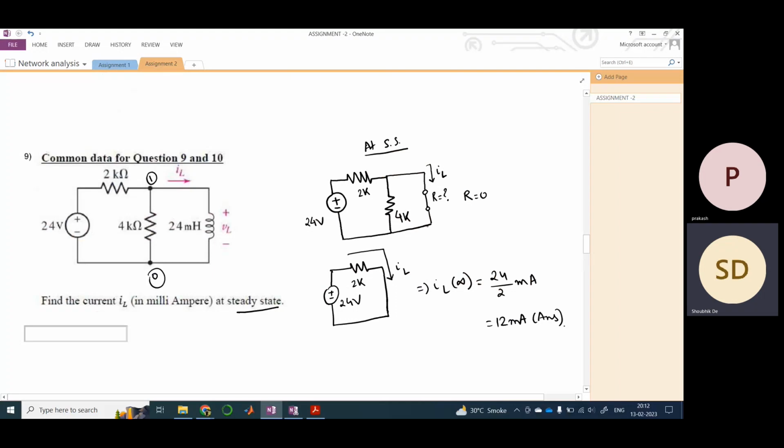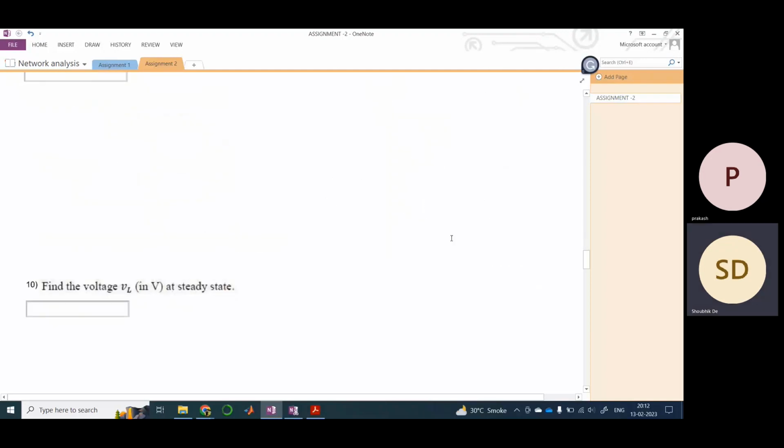If this thing gets shorted, as you saw, what would be the voltage? Since resistance is 0, V would be I into R. My R is already 0, so V would be 0. Pretty simple. So my VL at steady state, VL at infinity, would be 0. This is very simple,